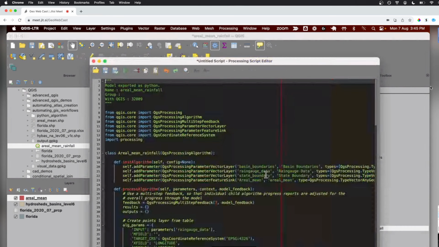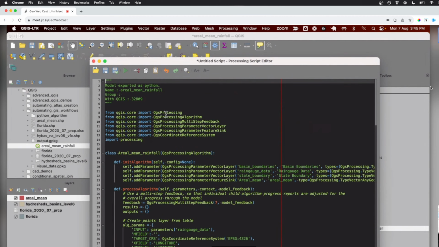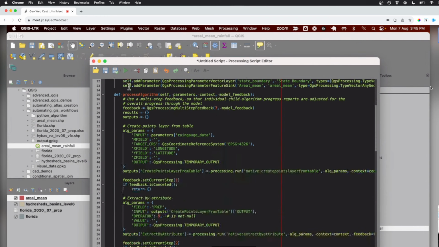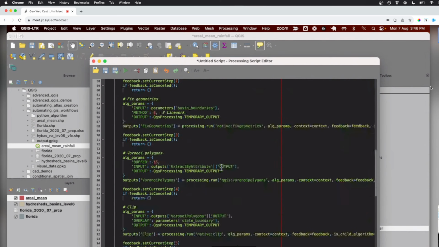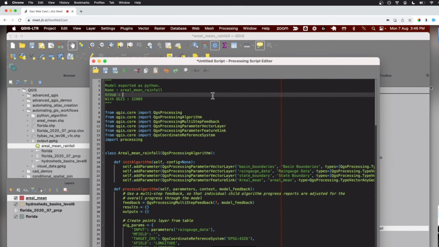So right click, and we have the Python code, right? This is the PyQGIS code, which uses the PyQGIS API to say this is how you process this data. You take the inputs, you run the different algorithms in each step, and you generate an output, right? So this is the kind of workflow that has been generated. This uses all the QGIS classes.